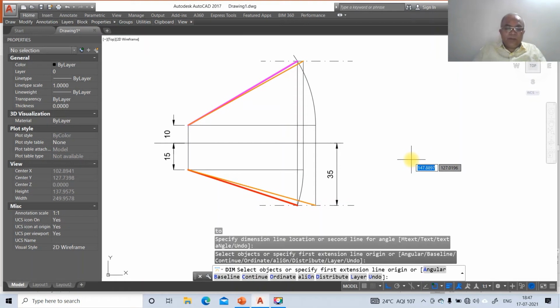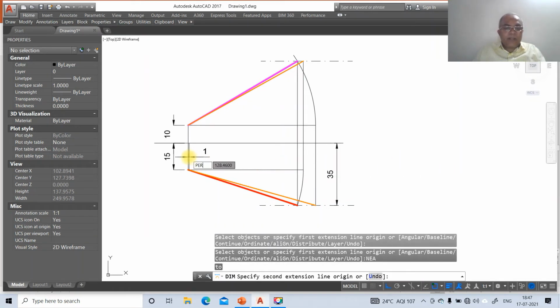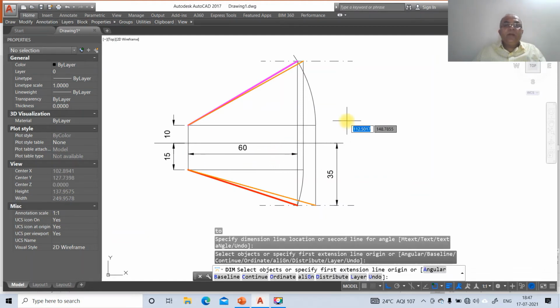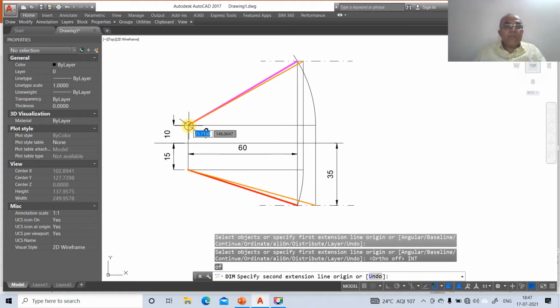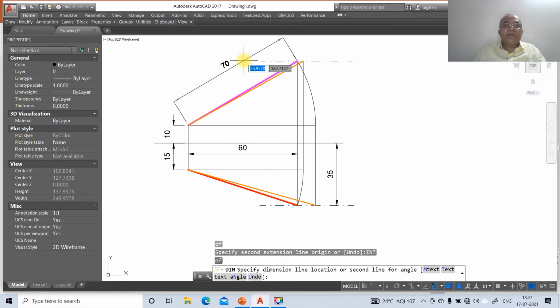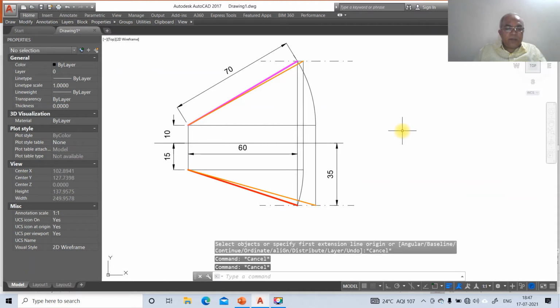Then nearest point on this, take perpendicular to this, so you'll get 60. Then switch off this alignment, then go to int of this and take int of this, so you're going to get it as 70.